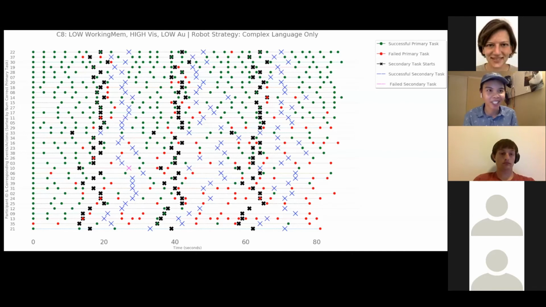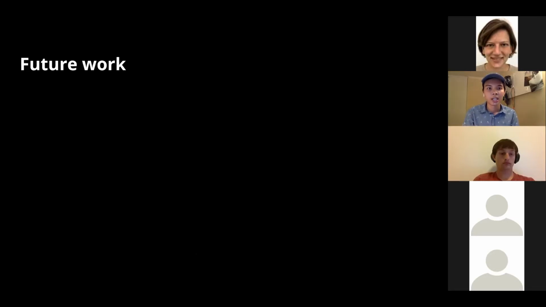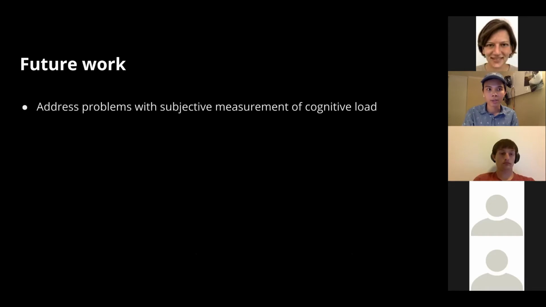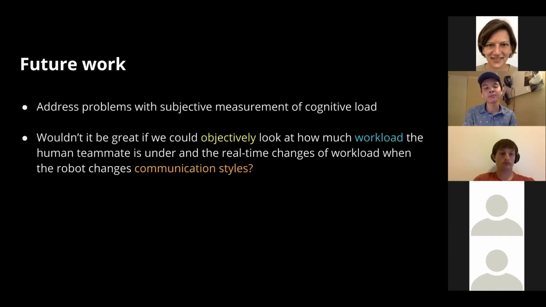I'm going to skip this part because I know that I'm kind of running out of time. But this graph simply shows how our different users play the game, and you can see that there are lots of red dots in here, which means that lots of users fail, which implies that our task could be difficult for users. So in future work, we want to use a different approach to, instead of subjectively measuring the cognitive